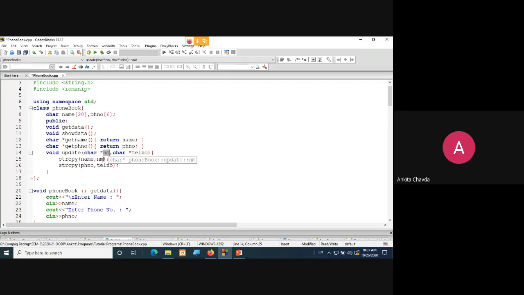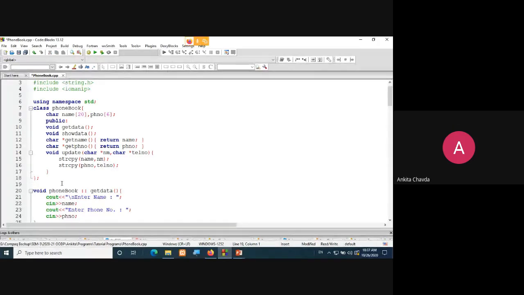The right hand side is your source and the left hand side is your destination, so it will copy nm to name. Same way for the phone number, tel number is your temporary variable, and whatsoever is given over here will be copied to the phone number. This is what we are doing in update.